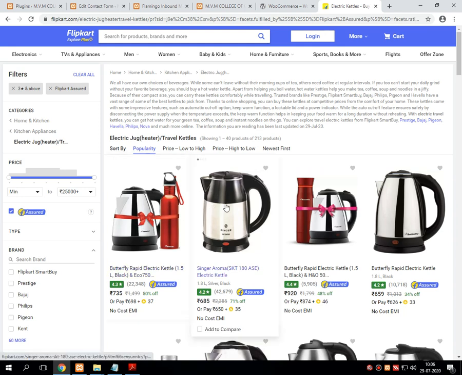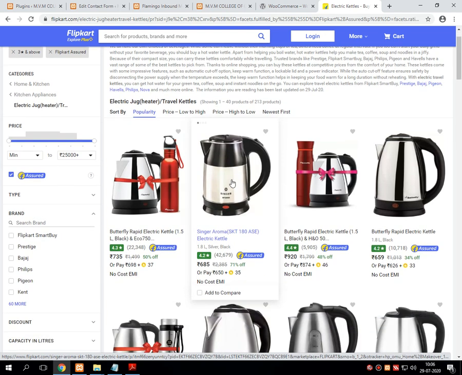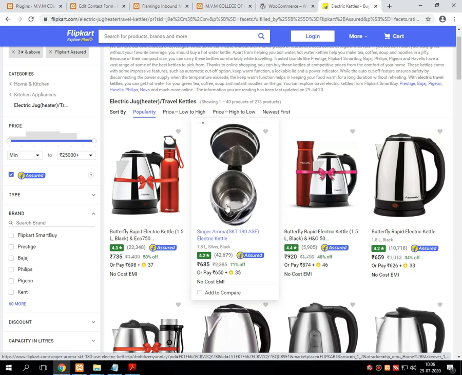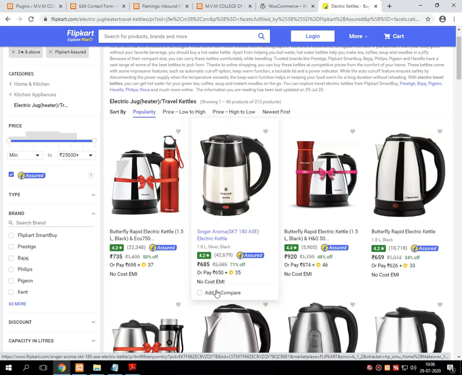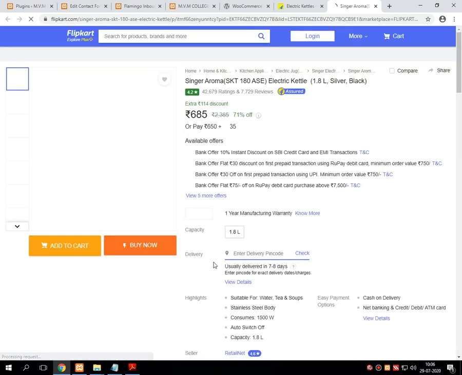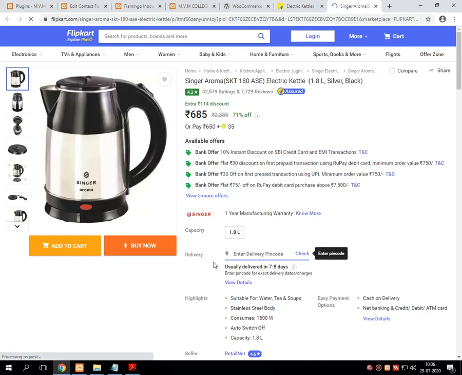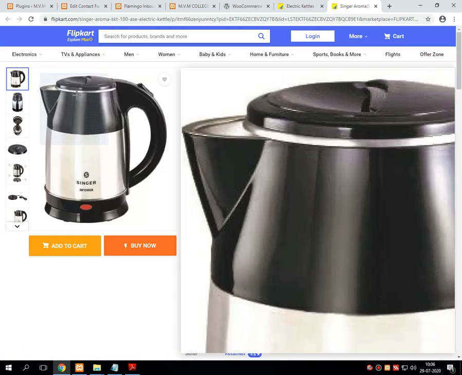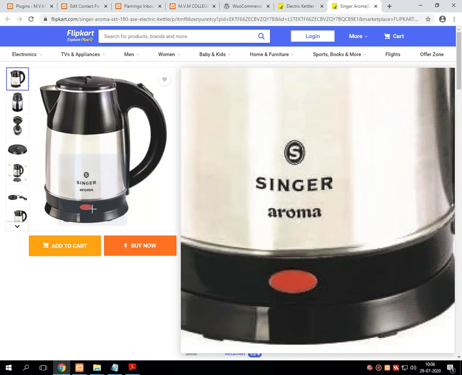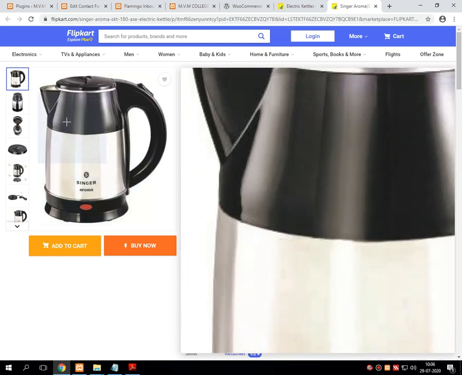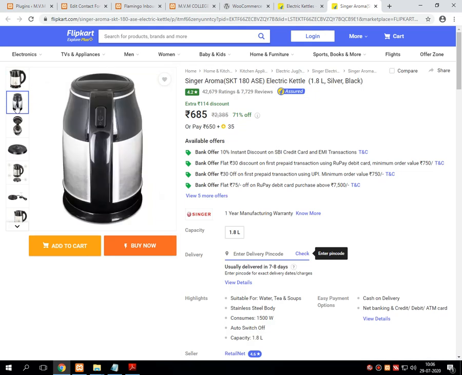It also shows similar types of products with some schemes if we require, but I am interested in purchasing this particular electric kettle, which also shows several different photographs. So I am just clicking on that product.